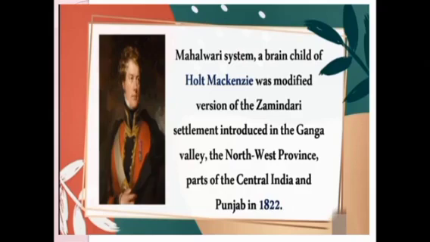So, the Mahalwari system was the idea of the British general Holt Mackenzie. It was considered the modified version of the Zamindari settlement, which means permanent settlement. It was introduced in the year